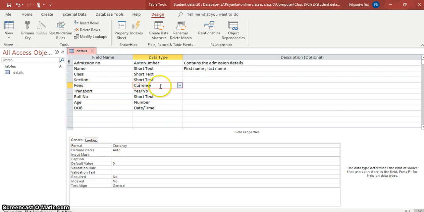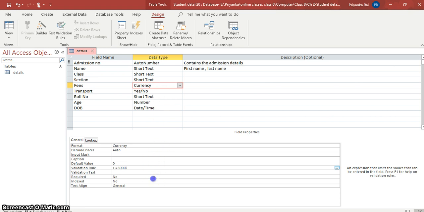This is fees, the data type is currency. In the general tab, there is a validation rule. You have to click on that, and you can write greater than or equal to 30,000.